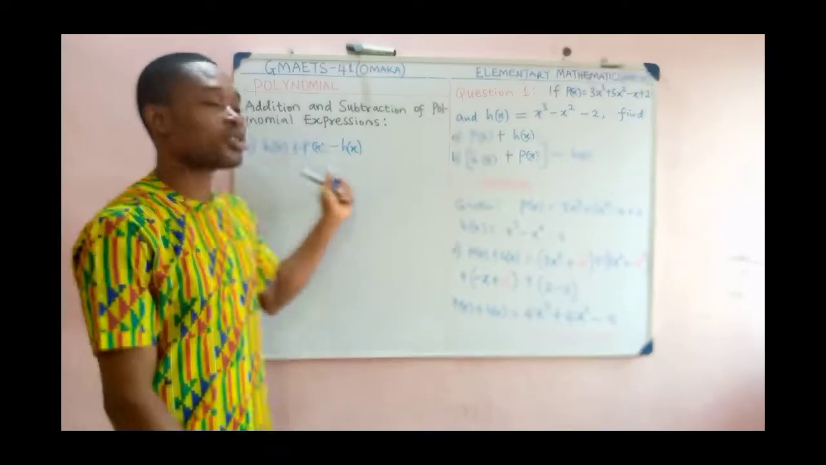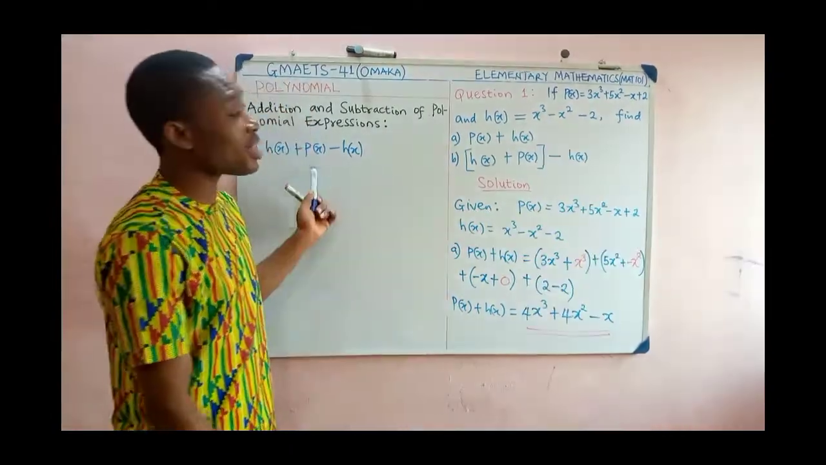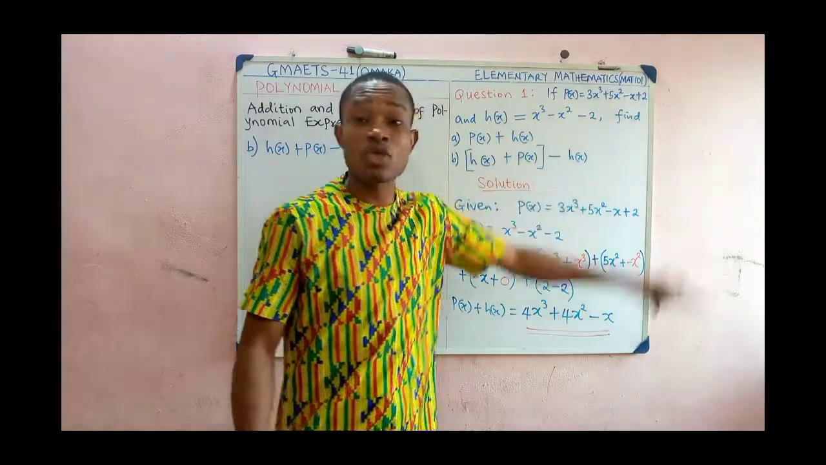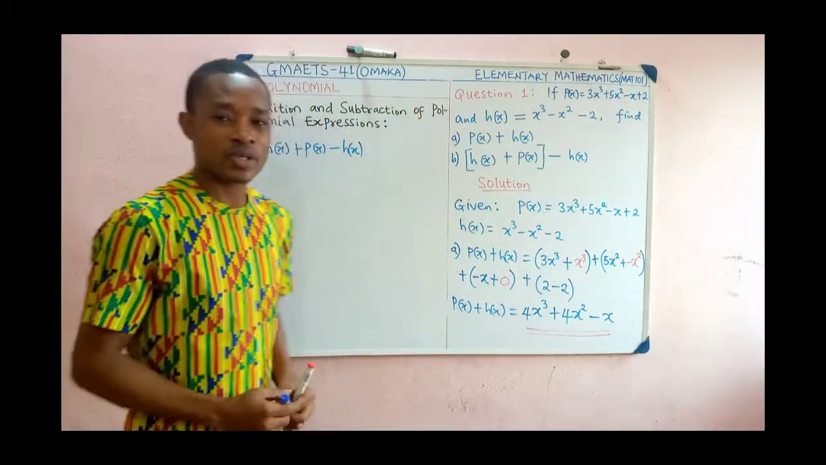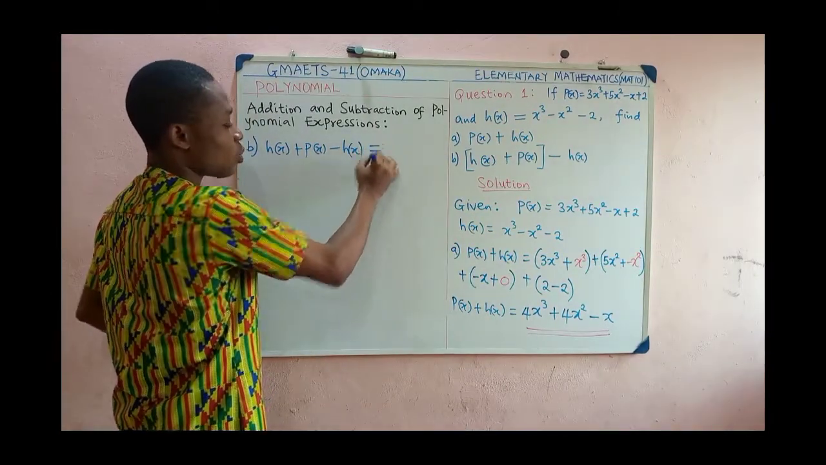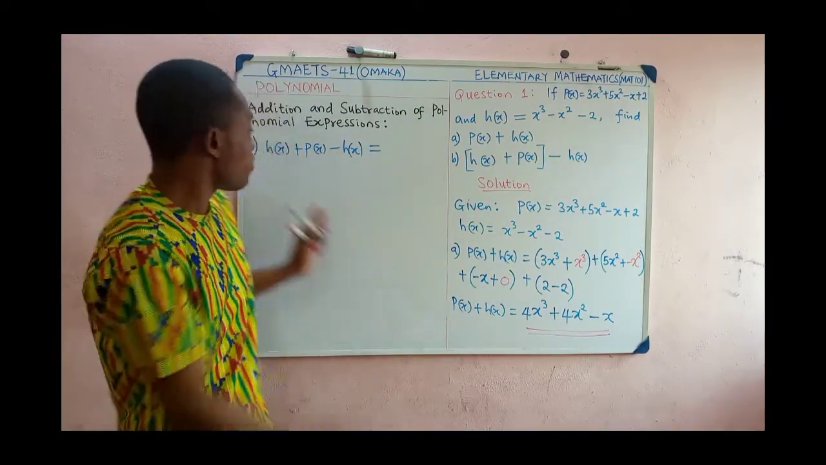Then you'll be left with what? P of x, which is your result. So our answer is actually 3x raised to the power 3 plus 5x squared minus x plus 2. But for clarity purposes, let's just solve it. Is that okay? So this is going to be equal to, now we would pick our h of x plus